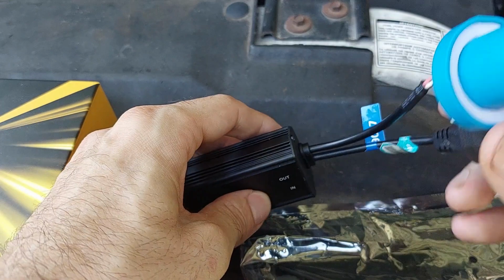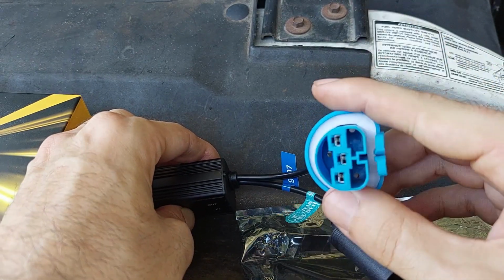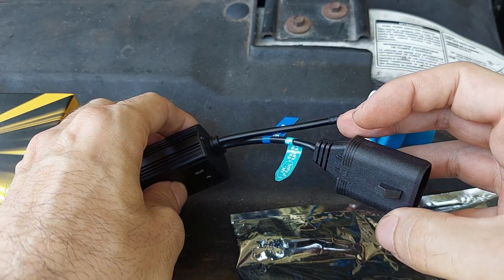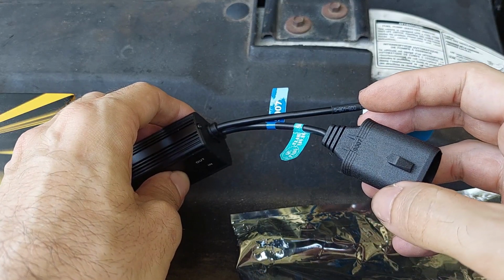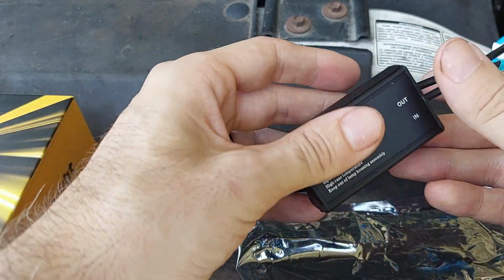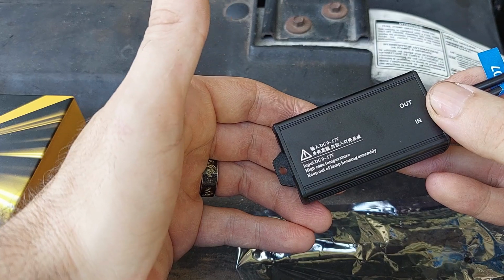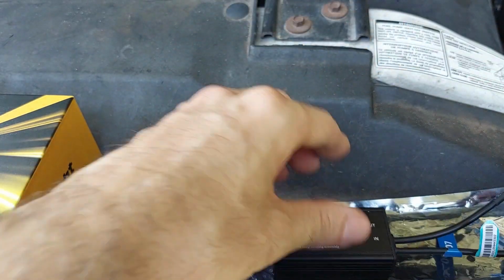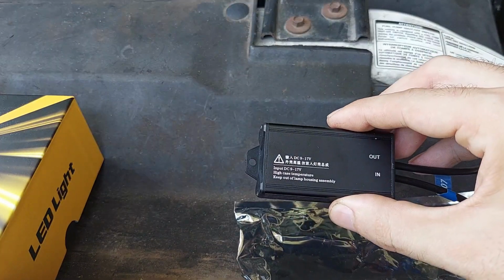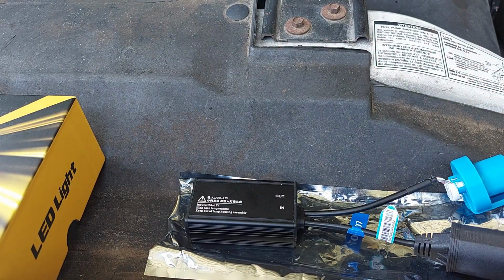Not great. So you've got one plug here that is going to be for your LED bulb, and one that's going to connect to the harness so that you get a nice easy drop in. No muss, no fuss. The only thing you got to do is figure out how you want to secure this ballast box, essentially. And that's all the pieces that we're going to need. There is one of these per bulb, so I have two of them total. And with that out of the way, let's go ahead and get started on the removal